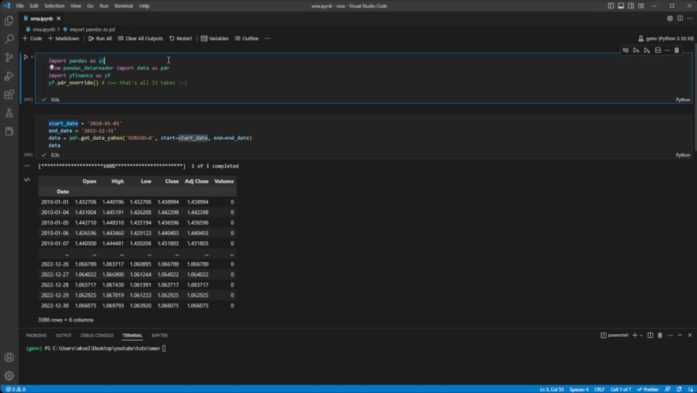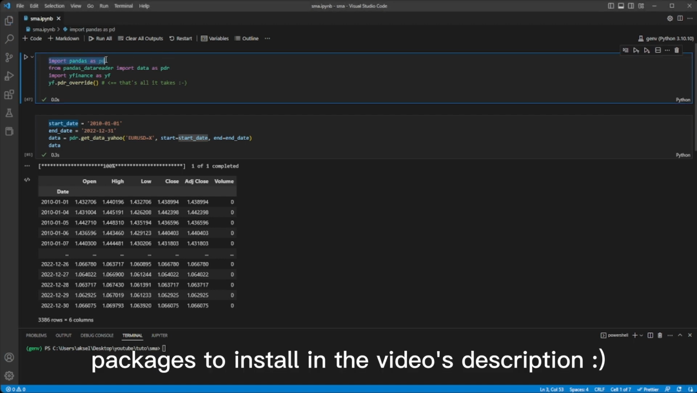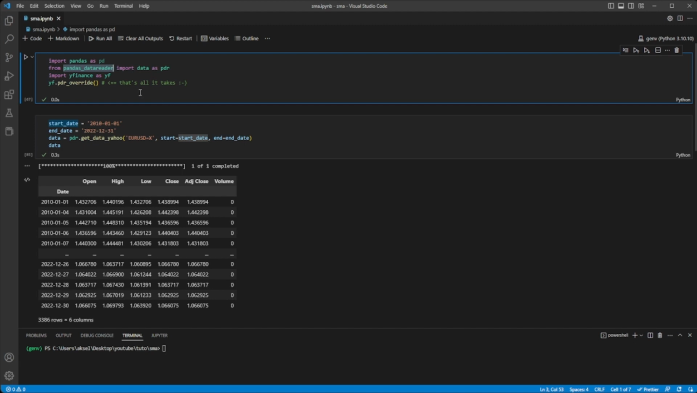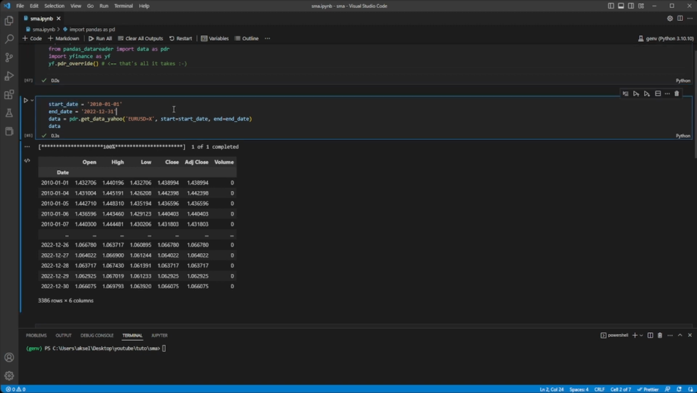What we first need is to import pandas as pd. We're gonna need the pandas data reader to read data from yfinance, and apparently it seems that I need to import yfinance and use this option because I had some errors before,